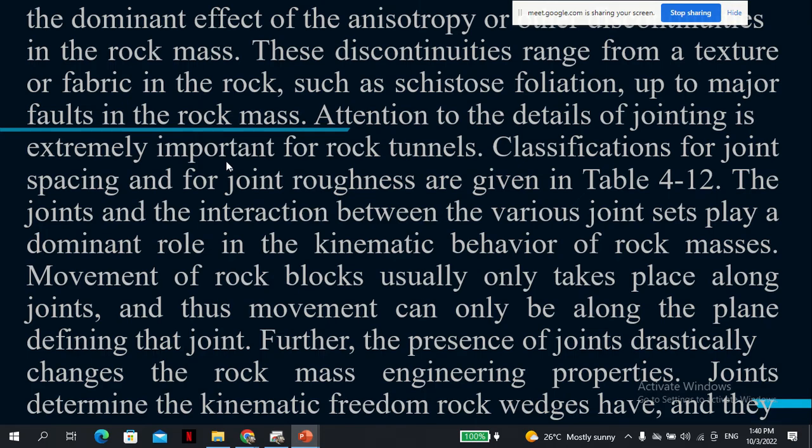In the rock mass, attention to the details of jointing is extremely important for rock tunnels. Classification for joint spacing and for joint roughness are given in a table we will show later. So these are the things when you are going to give marks. You remember I told you we are going to decide that this rock is